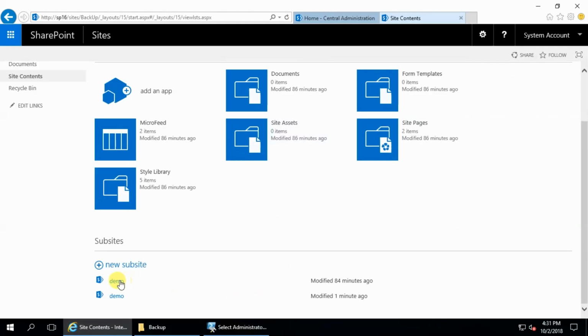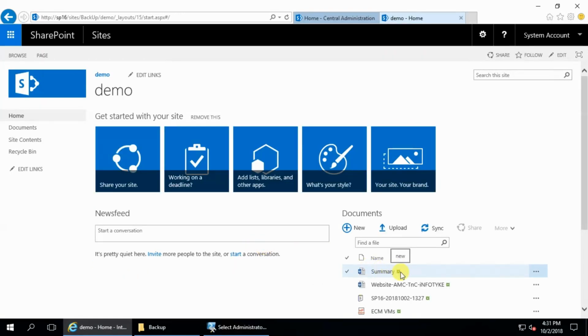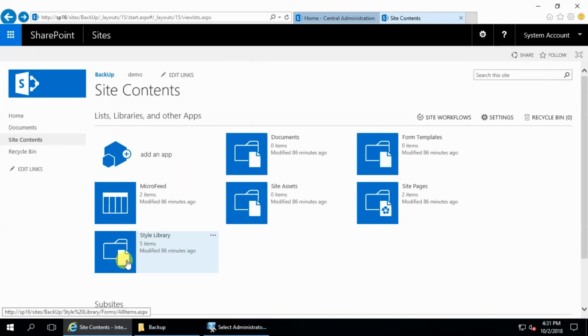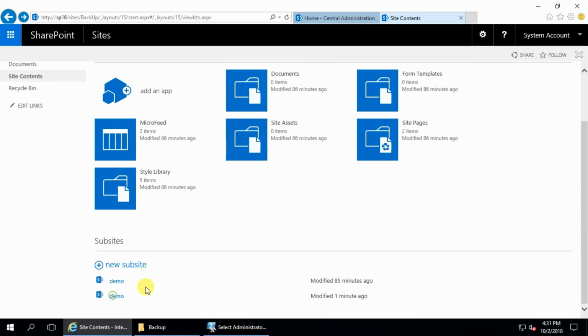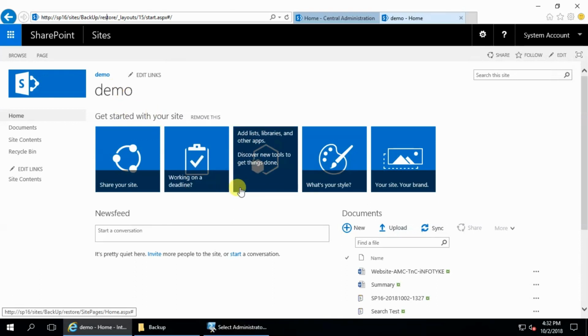There is the subsite, and here again, a new one from 1 minute ago. There are the documents. The site name is Restore, and all the site settings, site description and site name it took from the exported site.